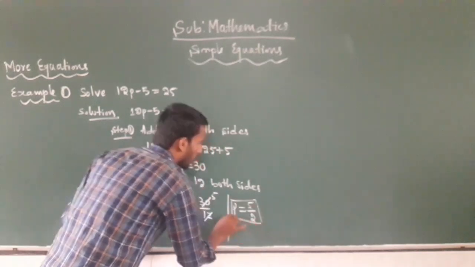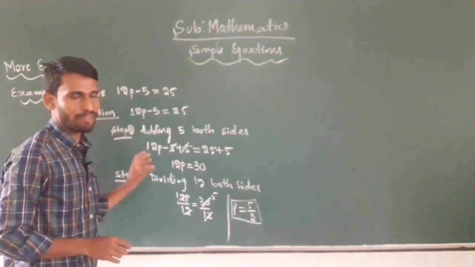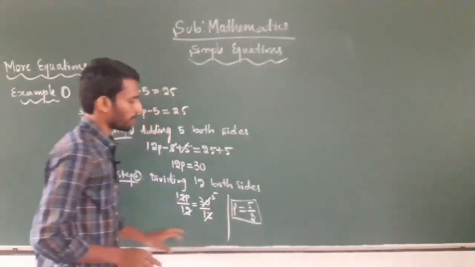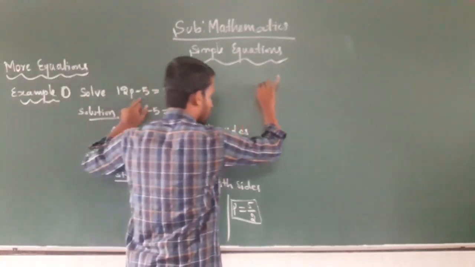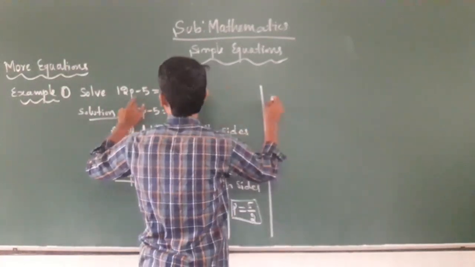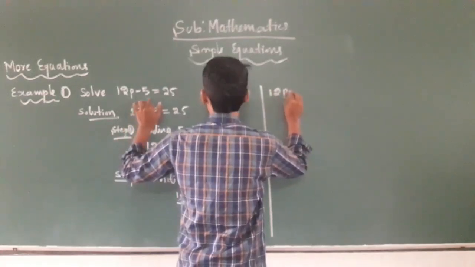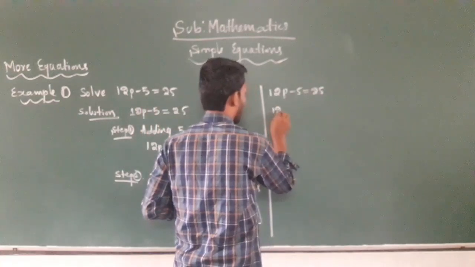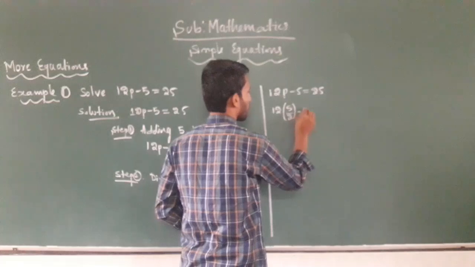This is the solution. To check whether this equation is satisfied or not, let us see. We have to put the p value in the equation first. Now see, I am putting the p value in the equation: 12p minus 5 is equal to 25. When we put the p value in the equation, we are getting